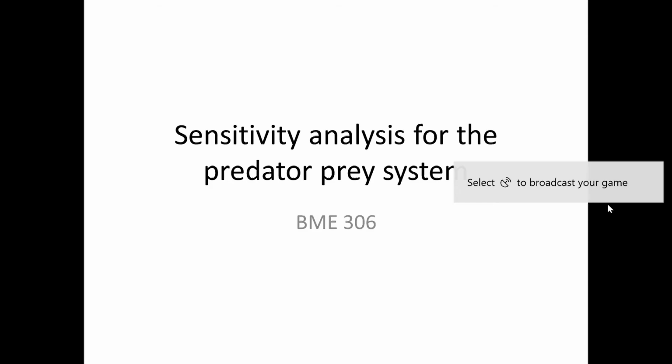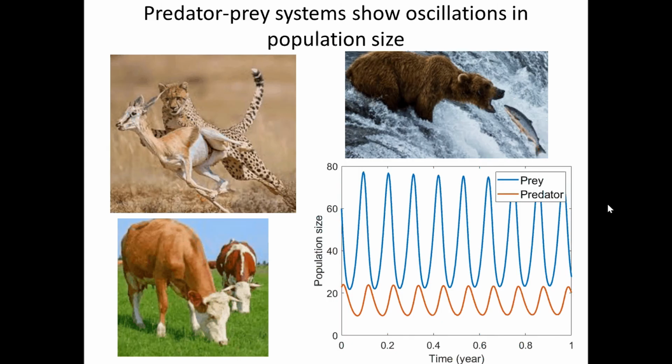Today we'll learn how to do sensitivity analysis for the predator-prey system. As you know, there are several examples of the predator-prey system. What you see at the bottom right is the typical population behavior of both the predator and prey as a function of time. You can see that both the populations oscillate